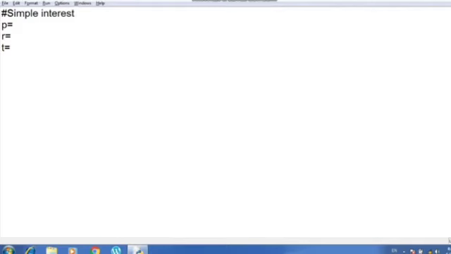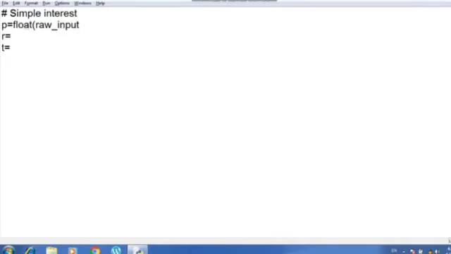As earlier we were taking integer values, we were converting the string to integer. As Python takes input as a string, we have to convert it whenever we want to do any kind of calculation. So earlier we were doing the calculation in whole numbers, so I had taken int. Now the answer can come in fraction form, because the formula of simple interest is p into r into t by 100. So I am going to take the floating point literal, which is the float data type, and I will use the raw input function because it takes the input as a string, and then the input as a string will be converted to float data type.